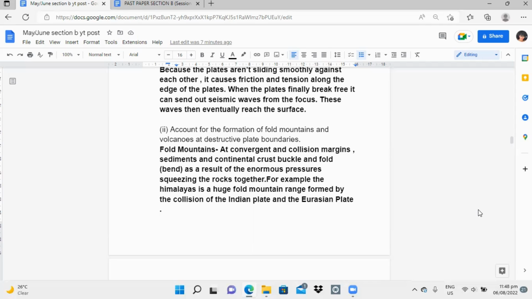Now, a fold mountain forms at a convergent plate boundary, and it's basically when the two plates collide, sediments and continental crust buckle and fold, and the result is an enormous amount of rock and debris, and that is what we get as the fold mountain. So you can think of it as